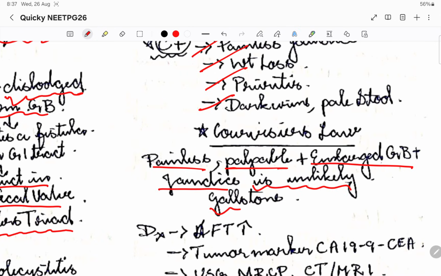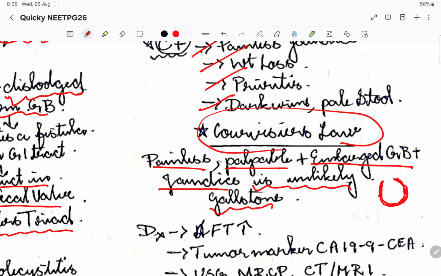it is a gallstone, because I told you, right, with a gallstone, pain will be there, Murphy's sign and all will be there. Okay, so if it is an enlarged gallbladder, it is unlikely that it is a gallstone. Please remember that, and your Courvoisier's law will be very easy for you. Okay, so the reason why is because of the inflammation and all this,